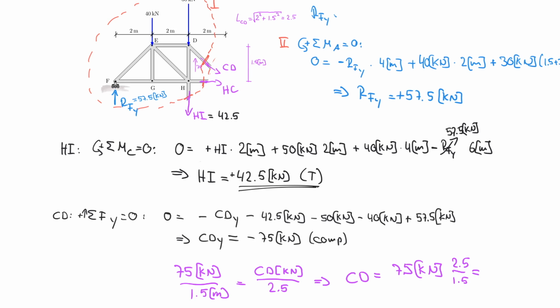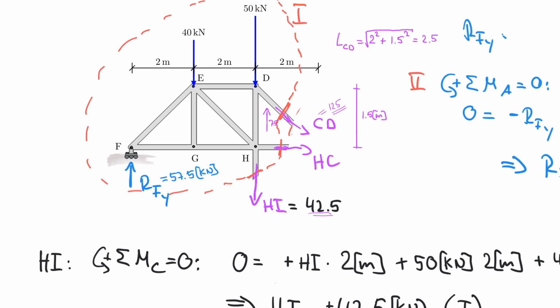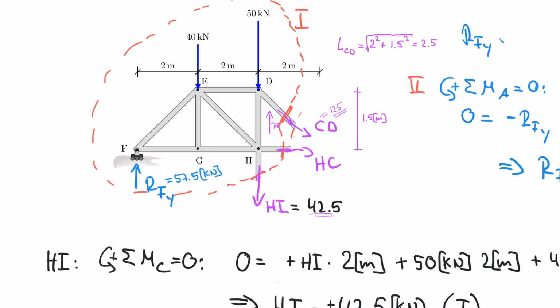And that then is equal to 125. So 125 in compression. And that is a result again. So CD here now is equal to 125. And so I'm almost done. All I need now is my HC, and HC is